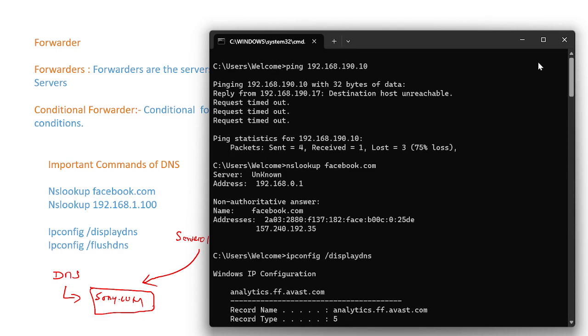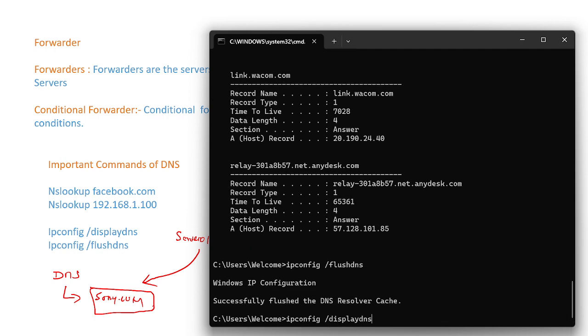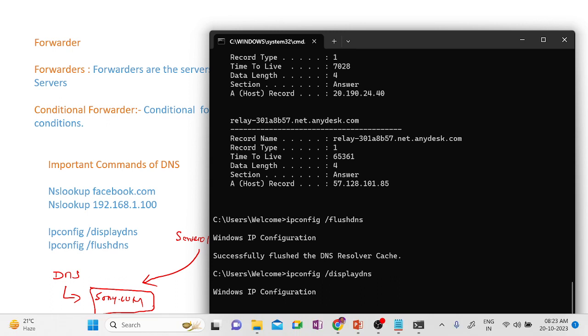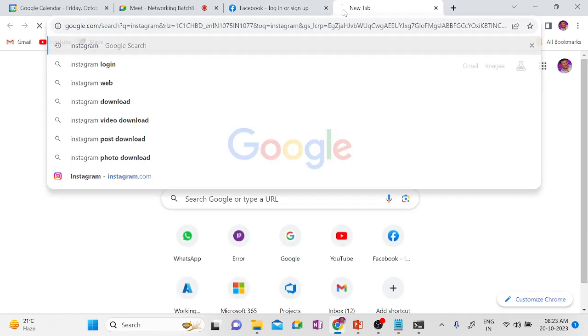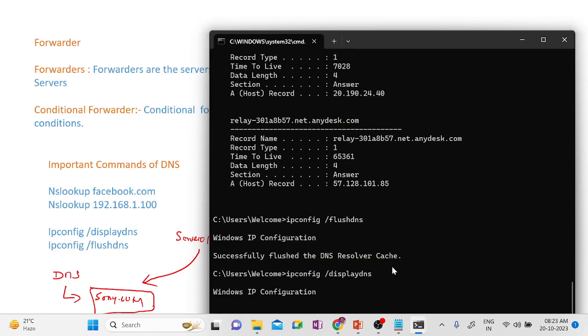All this is cache, and that will get cleared. Now if you run displaydns, nothing is there, because I did the flush. Now, to show you something, I will open something again. I will type facebook.com, instagram.com. Now if I go to displaydns,